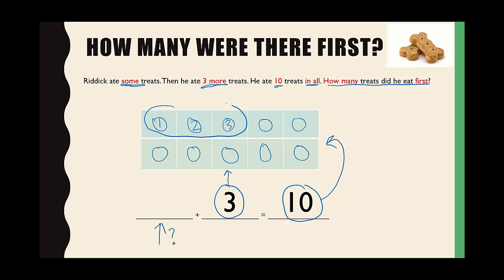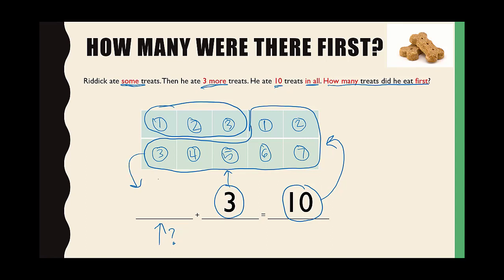And so whatever is left after I circle this group should be how many treats my dog Riddick started with. 1, 2, 3, 4, 5, 6, 7. So circle this group. I have 7 in this group. And I'm going to put that number right here. That tells me my dog Riddick ate 7 treats. Then he ate 3 more, and he ate 10 in all. 7 plus 3 equals